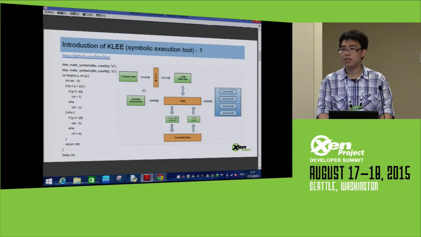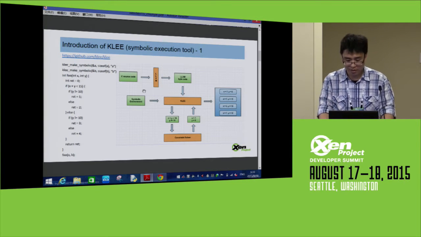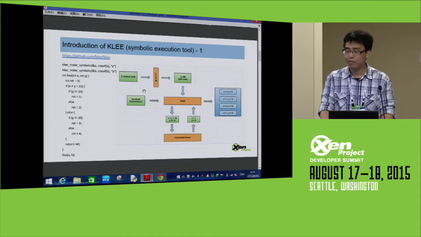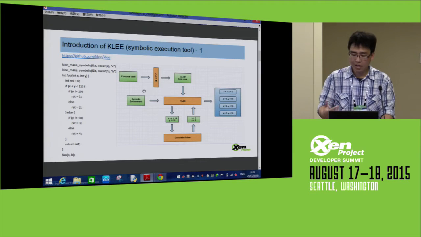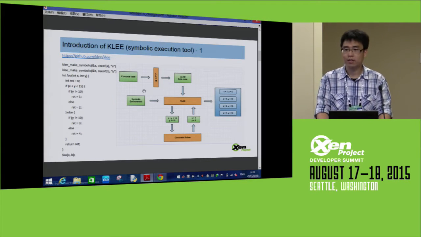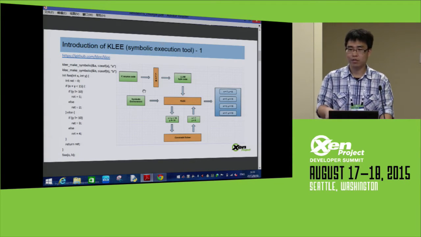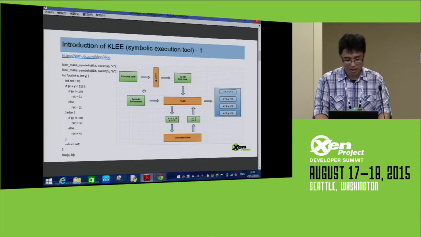I know that some other tools like Valgrind will recognize the binary code, but don't like the LLVM bytecode format. Then the Kili core engine will load the